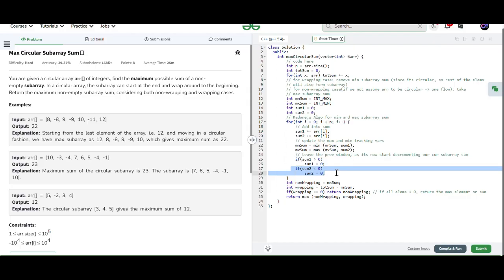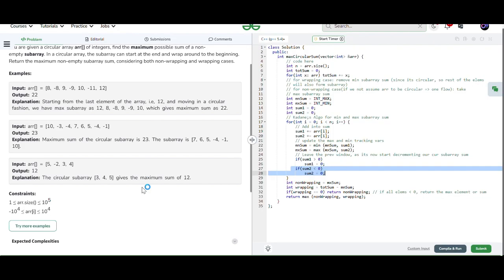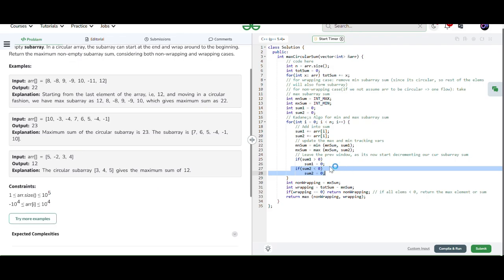If we add some element which is positive also, then the total sub-array sum for the current sub-array would be lesser than even the current element, right? So it's not beneficial to continue the previous elements, basically the previous window which we are having. Okay, so we can basically leave the previous window because it's now negative.